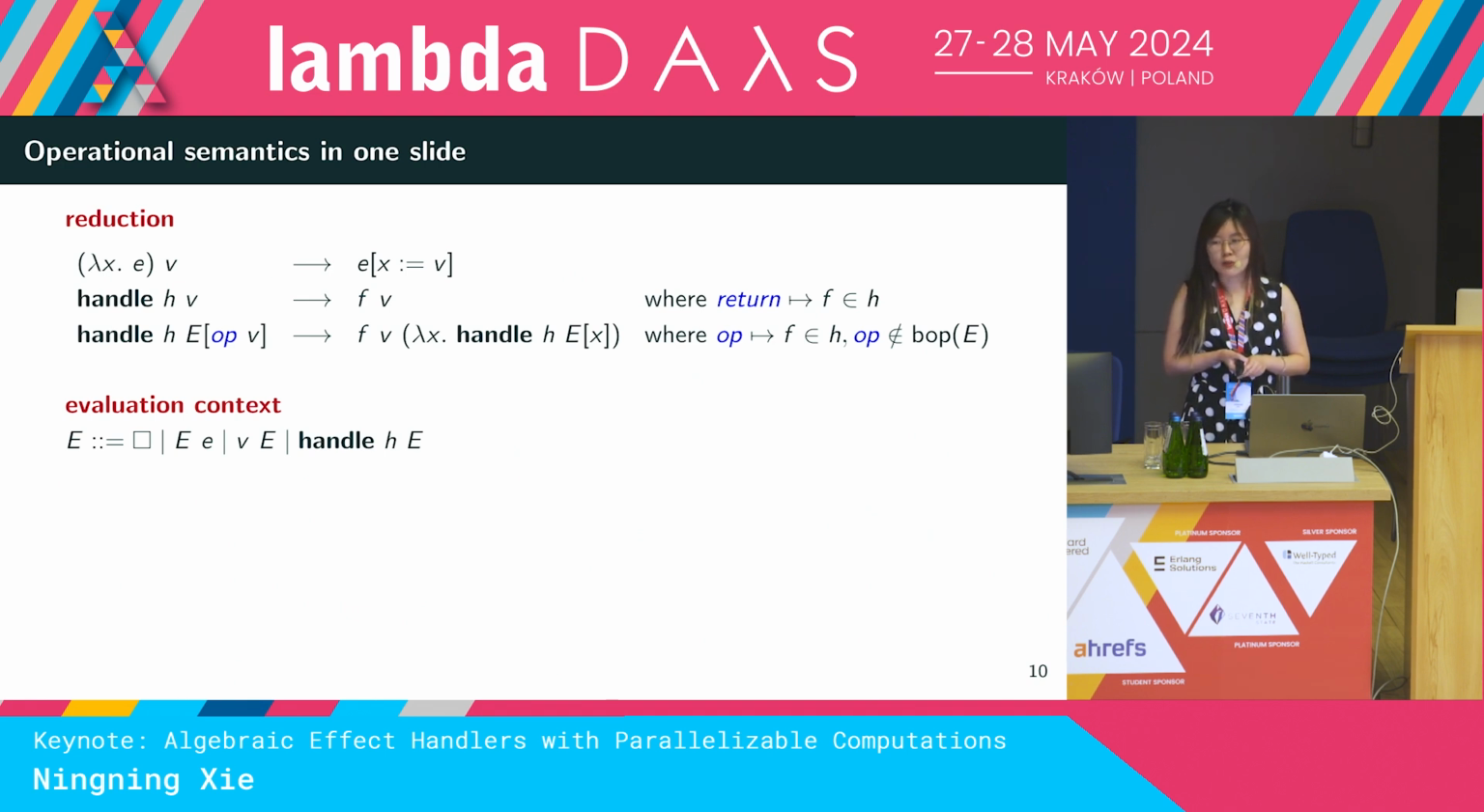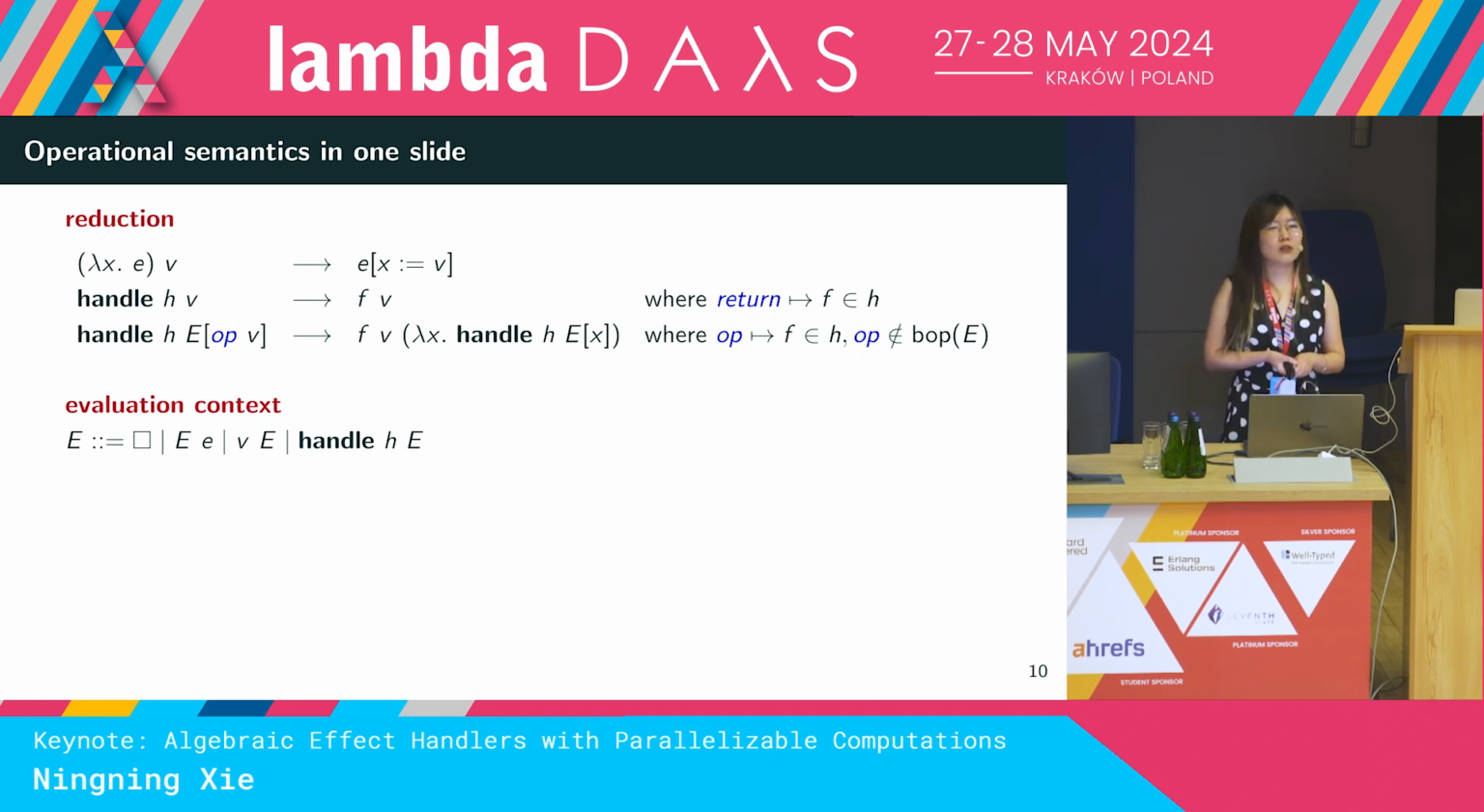And the third reduction rule has the condition that this op is not handled by any handler from the evaluation context E, by having this op not in BOP E notation. And in this case, this handler H should handle this operation. So we have the operation op maps to F inside this H. And if we are going to handle this operation using this handler, then this expression is going to evaluate to